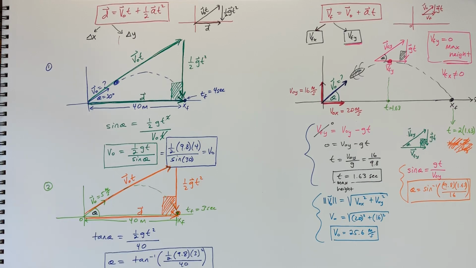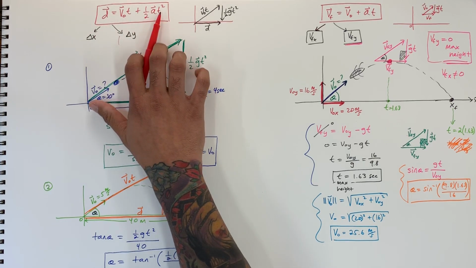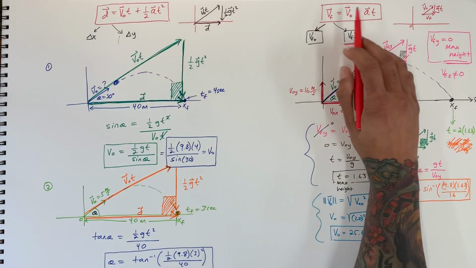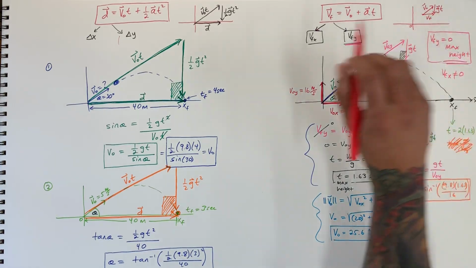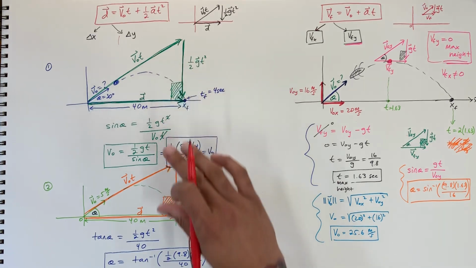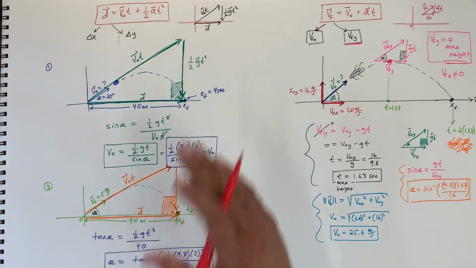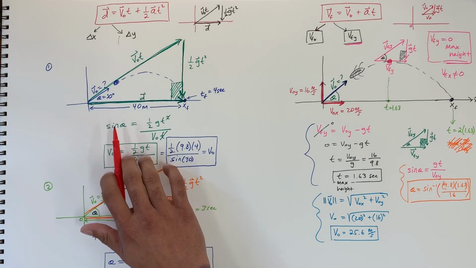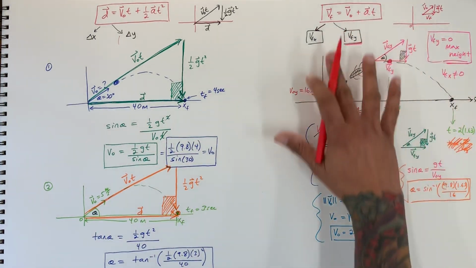Okay, so just to recap here, we're looking at this displacement vector equation. This is the triangle associated with it, and we have our velocity final vector equation, and this is our triangle associated with it. And so we're solving for different things inside of the projectile motion problem. You have to draw the triangles and then see what you can solve for. See if you can just do trig identities like sine and tangent, or in the case of this problem here,